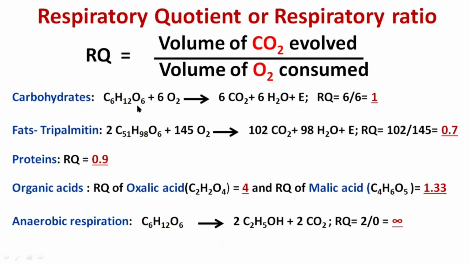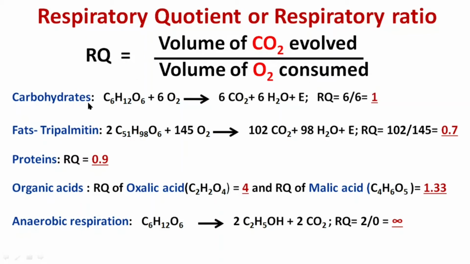When glucose undergoes oxidation, it utilizes 6 molecules of oxygen. At the end of oxidation, it produces 6 molecules of carbon dioxide and 6 molecules of water. What you see here is the net gain from this process. Along with it, it also produces energy for the living cells. In order to find RQ, we should know how many molecules of carbon dioxide are produced and how many molecules of oxygen are consumed. So if you see, it is 6 for both cases. So 6 by 6 gives 1. Normally, carbohydrates have RQ 1.